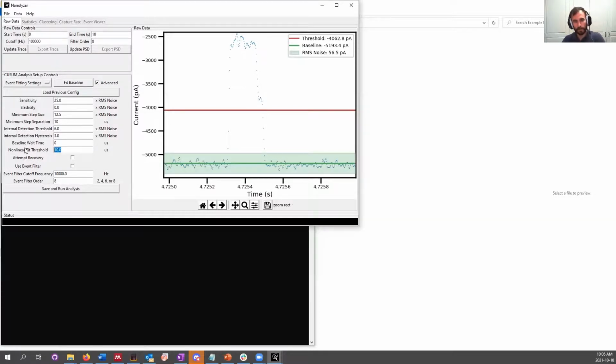And typically, you want to set this such that all of the events that are faster than this parameter have only a single step in them, because the nonlinear fit is specific to single step events, be that folded or unfolded, or whatever that means for your molecule. Generally speaking, you would set this to 2.5 times larger than the minimum step separation, which is 25 microseconds for this time. The attempt recovery tick box